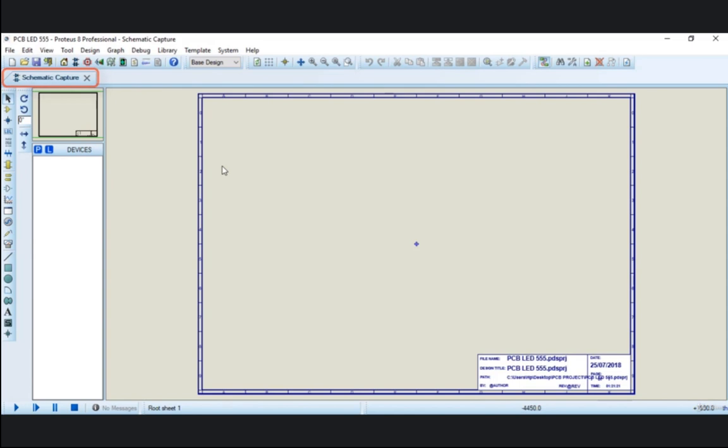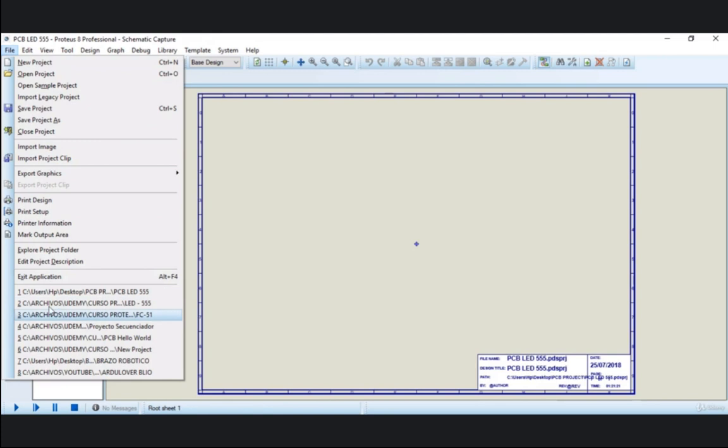To start off, under the schematic capture window, here you will see the file name as well as the title. The menu bar includes the File, the Edit, the View, the Tool.